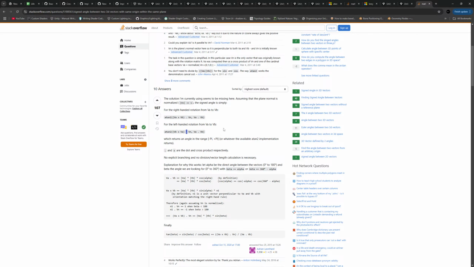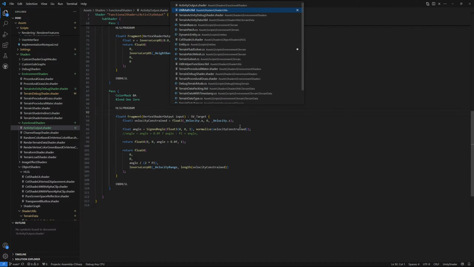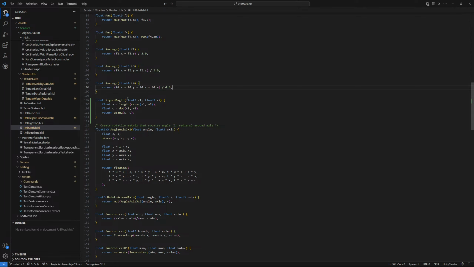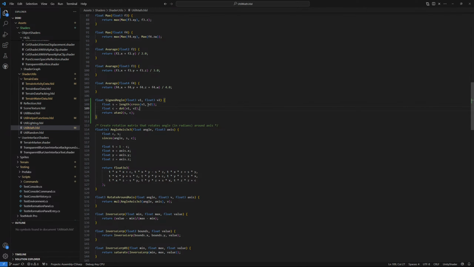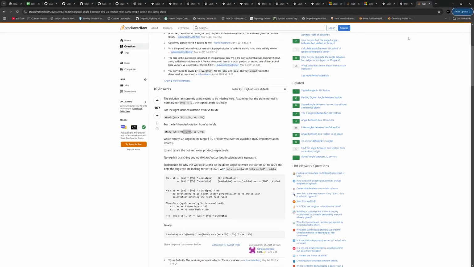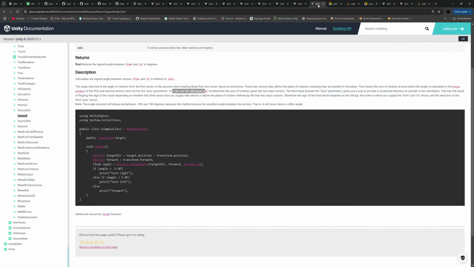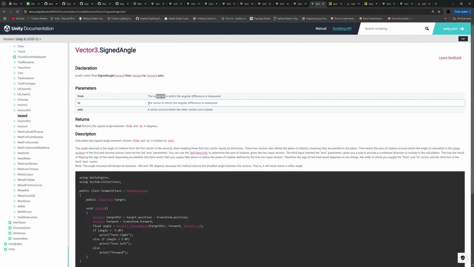Is this dot product? Because then okay. So what we would like to do then is signed angle V1, V2. So we want to do from VA to VB, because then we have the same. I want to define it similarly to this one. So from, to,